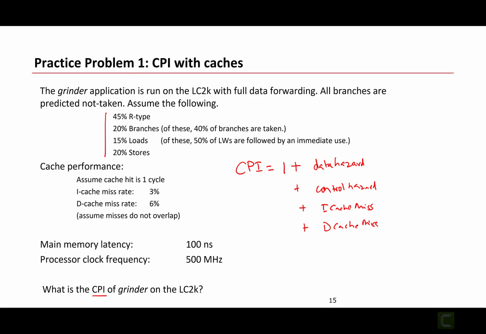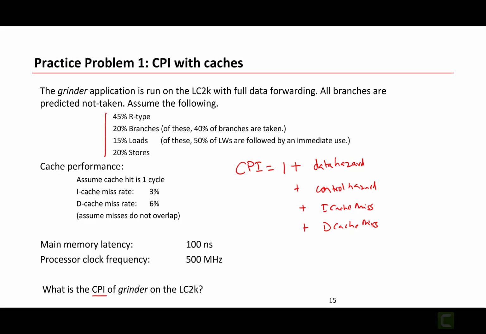Keep in mind that every instruction needs to access the instruction cache to get the instruction, so every instruction can potentially miss the instruction cache. The data cache, on the other hand, is only going to be accessed by loads and stores. Okay, so these are the 4 components, and now we have to think about what they are for